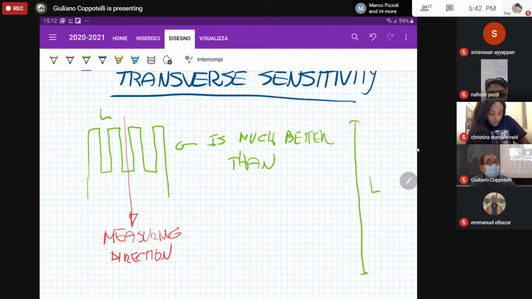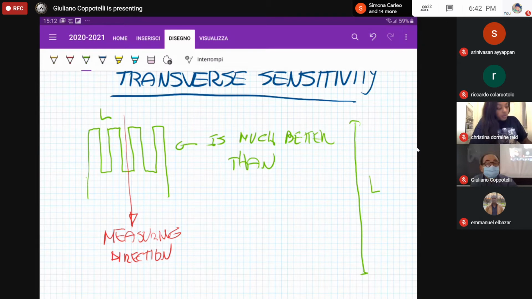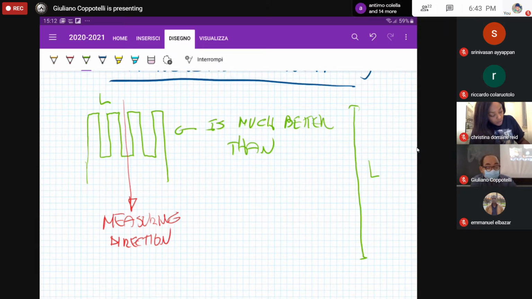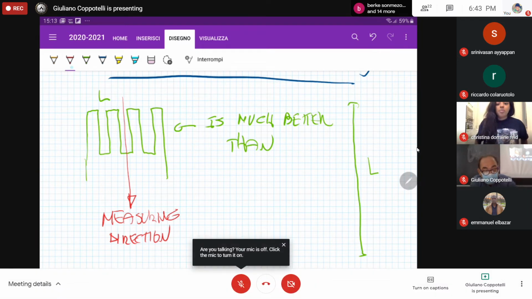Okay, L and L. So if you are using, and generally that is what is done, this kind of configuration, the best one, measuring a very small portion of your available surface, then we have to take into account this portion of the cable, okay,